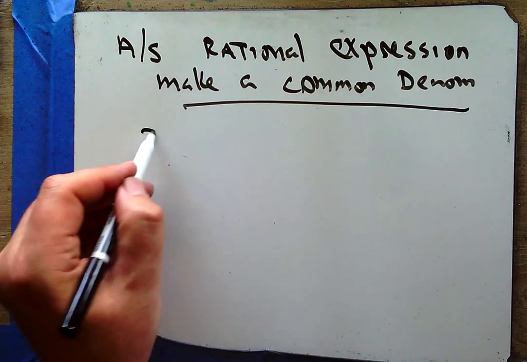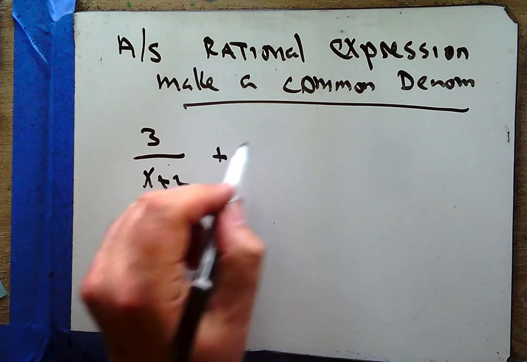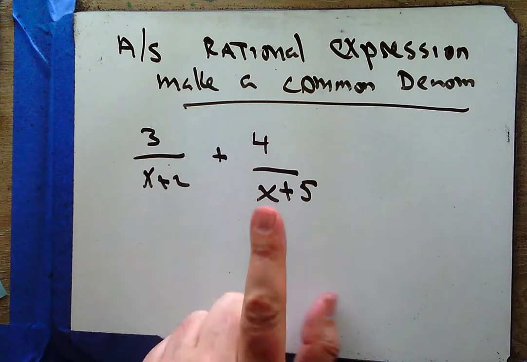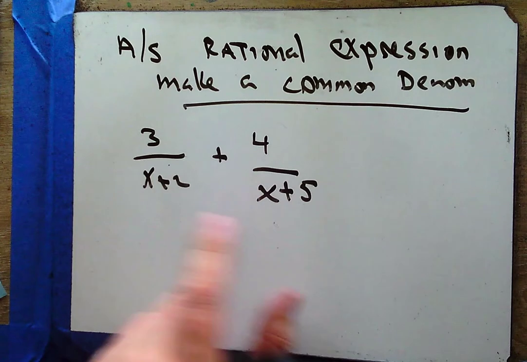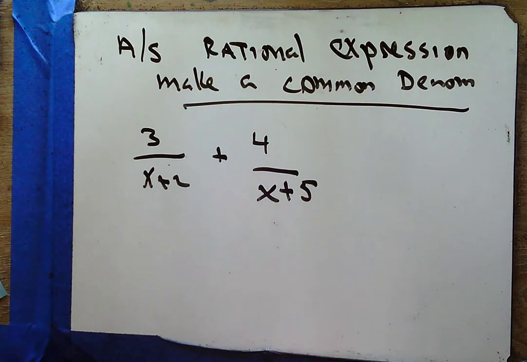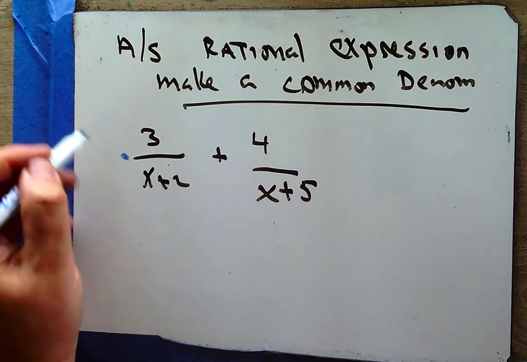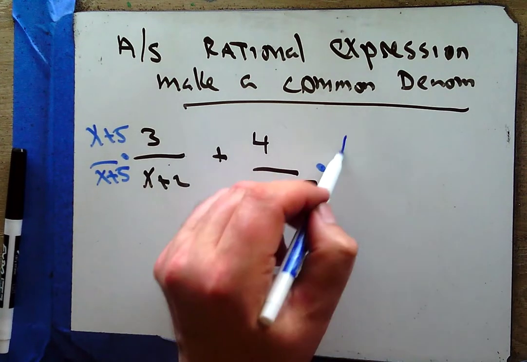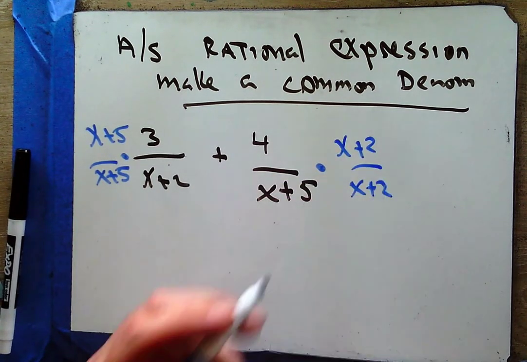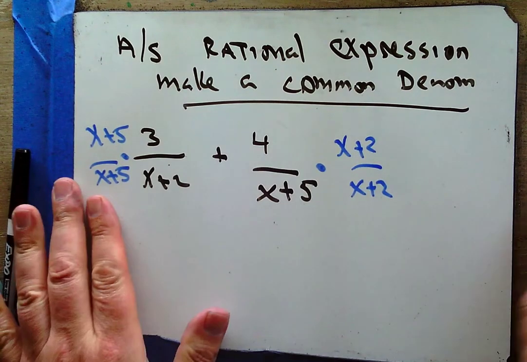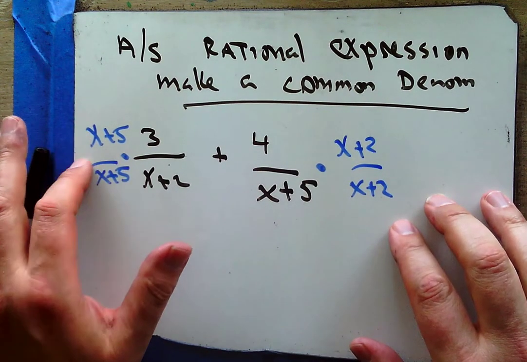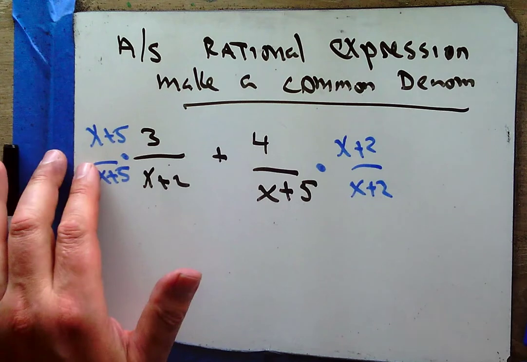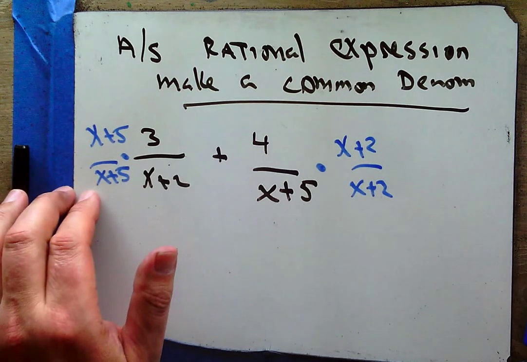situations. Okay, so 3 over x plus 2 plus 4 over x plus 5. Now, that's a thing, and that's a thing, and these things are not common to those fractions. So I need to multiply over here by x plus 5 over x plus 5. And I need to multiply over here by x plus 2 over x plus 2. Now, see the way that I've done that? X plus 5 over x plus 5, a number divided by itself, is 1. I'm not changing the value of this fraction if I multiply top and bottom by the same amount, because I'm